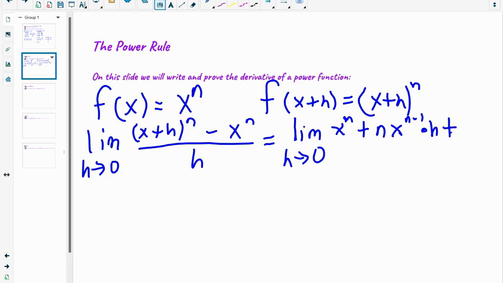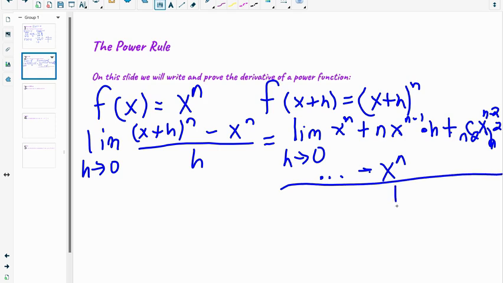All right. N choose 2. I'll write the binomial coefficient there. And then it's x to the power of n minus 2. And then I'll try and squeeze it in here. That's h squared, okay? And that's a dot, dot, dot. That continues. And then remember, we're still subtracting our x to the power of n. And this is all over h. I know that's not the best way of writing it, but